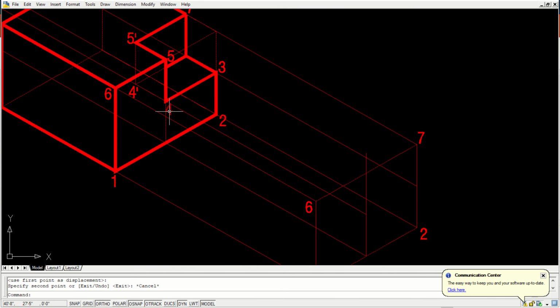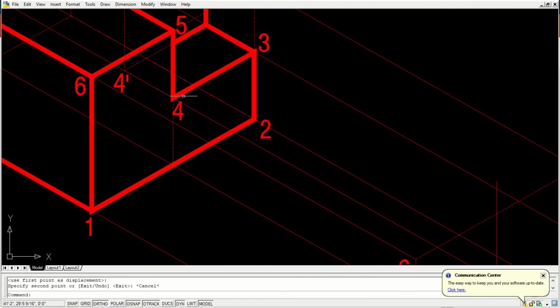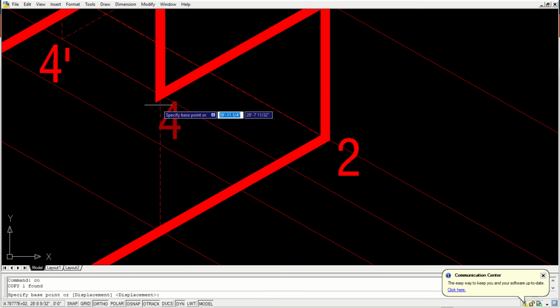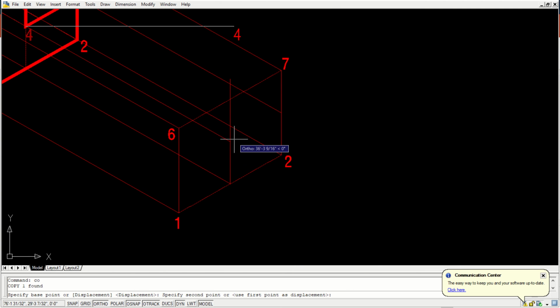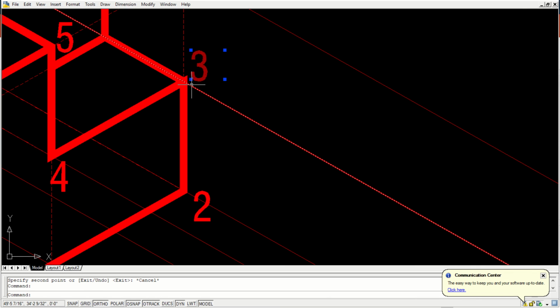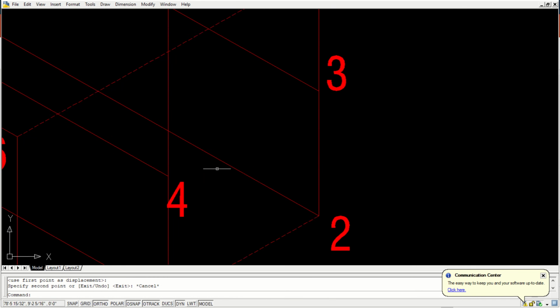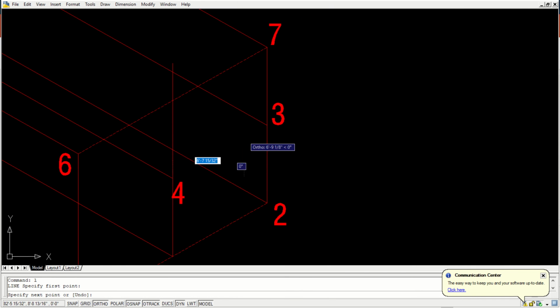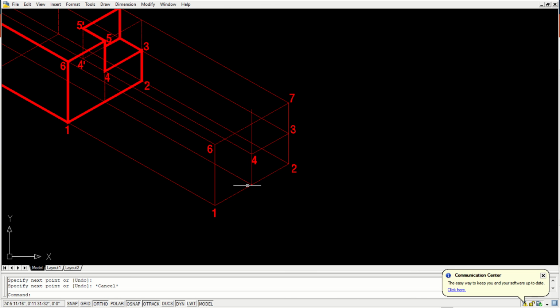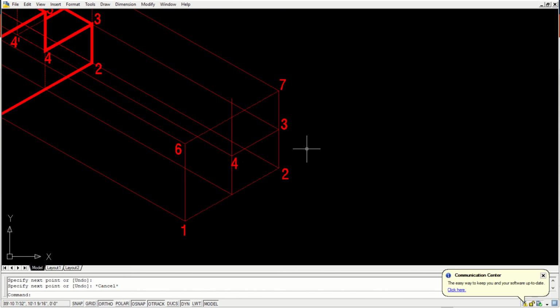So 4 we have brought down and marked here. We have projected this, this is 4, and we have 3, using parallel lines. Now we just need to connect this. Is there anything left? No, I think we are already done.